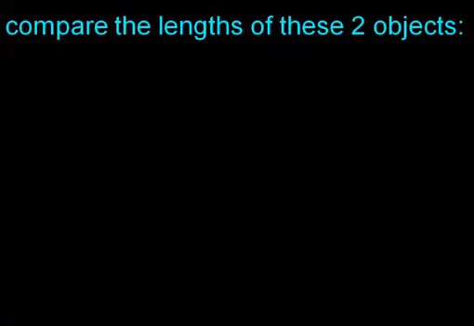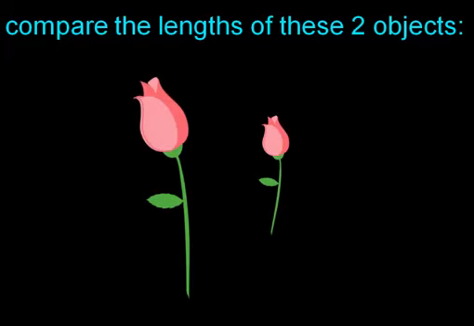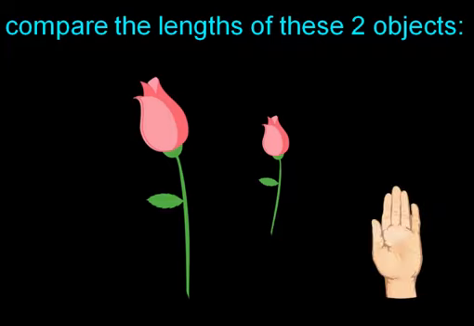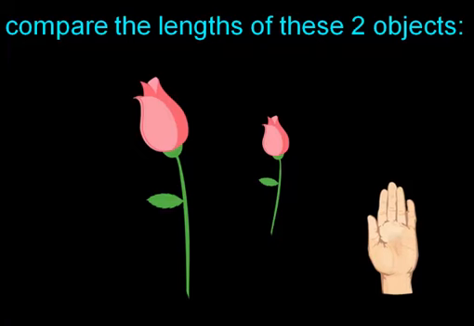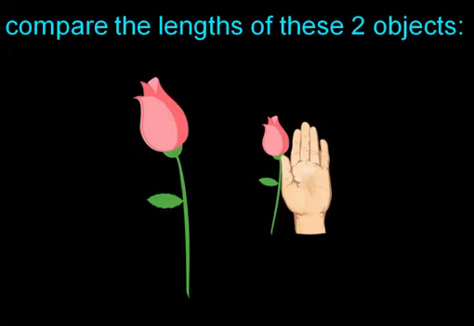Now let's look at how to compare the lengths of two objects by using another object. How can we compare the lengths of these two flowers if we don't have a measuring device such as a ruler? We can use another object, our hand, for example. So we can see that the smaller flower is about the same length as the length of a hand, while